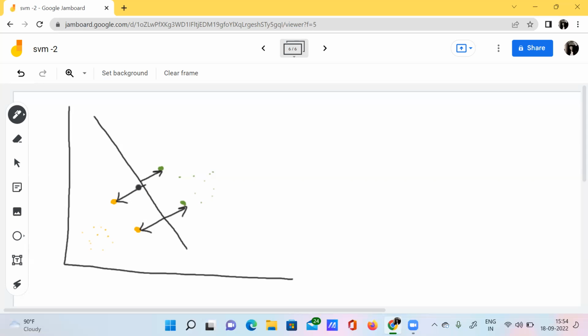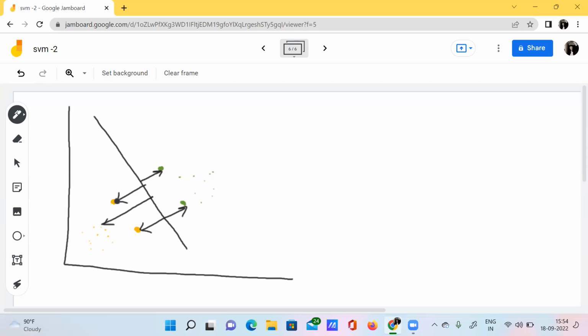The distance between the data points and the hyperplane is minimum at these two data points instead of these two data points. When you calculate the distance between these data points and this hyperplane, we will get a very long line, so long a distance. So this won't be suitable for this maximal margin hyperplane.